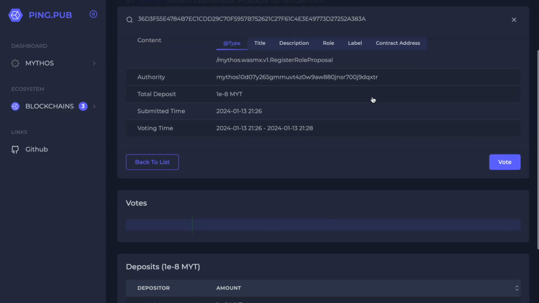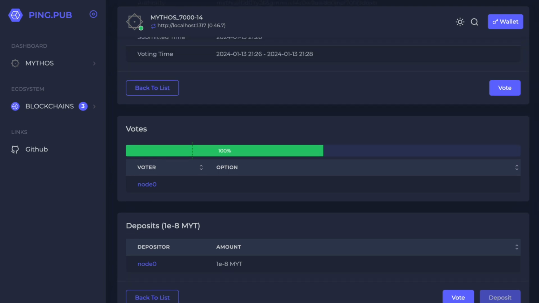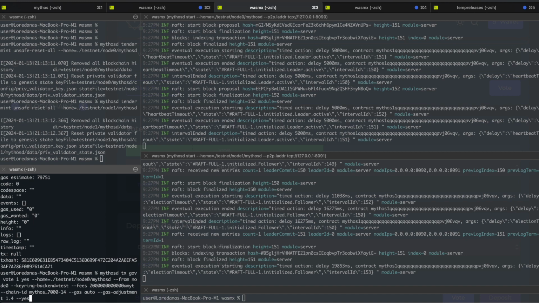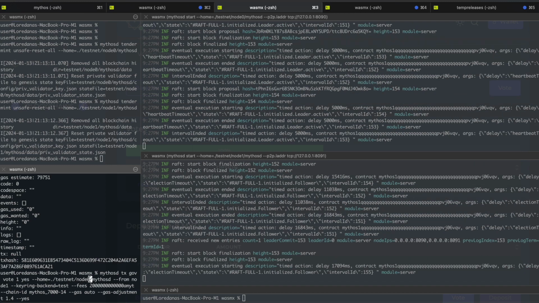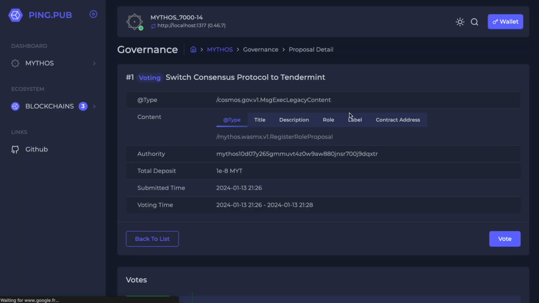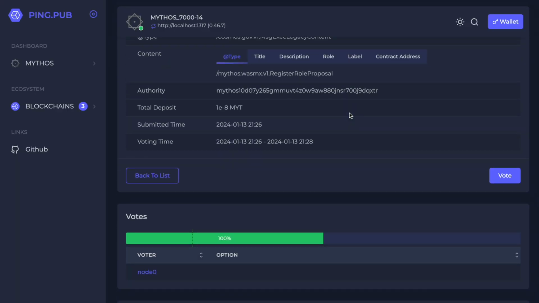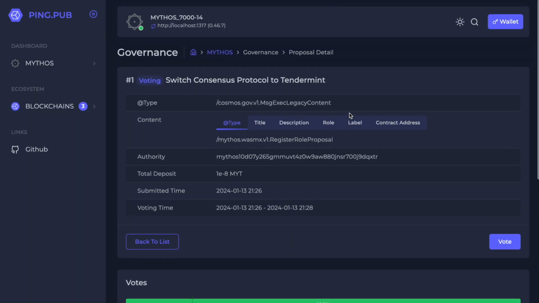So now we can refresh, and we have a vote here. We can also vote with the other node. And now we have 100%.